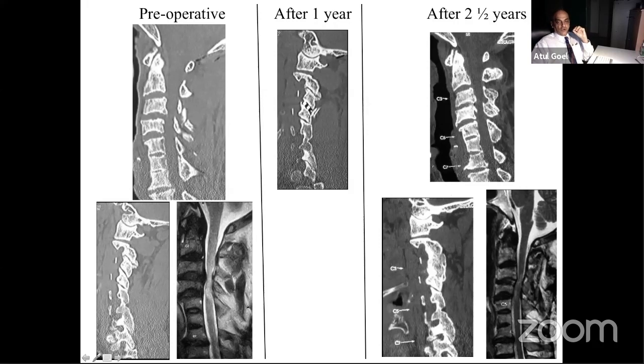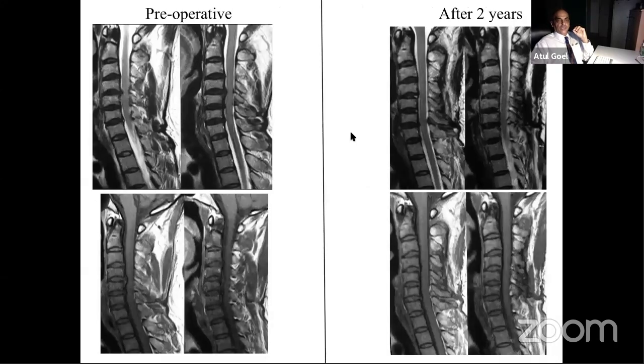I know many of you must be confused with what I'm saying, but I promise you in my subsequent lectures, I will clarify this concept much better. Today is just an introduction. You please enjoy it. Multi-level disc bulges are not due to osteophyte formation, but due to buckled posterior longitudinal ligament,